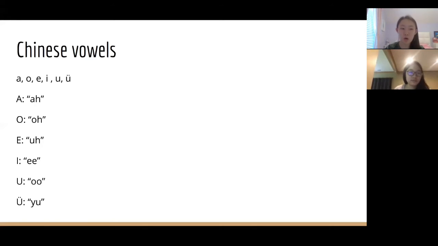So it's O. So it's sort of more whole tone than just ah. I hope you guys are actually practicing this with me because we're going to do practice later. And then the third letter is E, which is not pronounced eh or E like in English. It's pronounced like this, okay? So don't get it mixed up when we start to pronounce words. Now for I, it's pronounced E, okay? And it's not pronounced as in English.